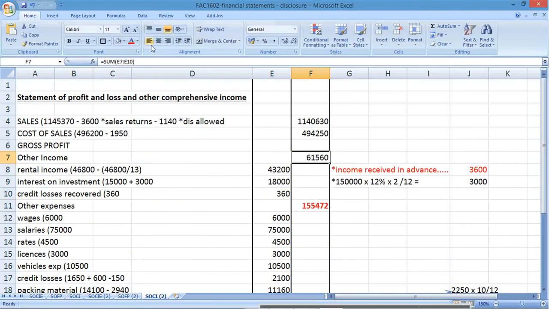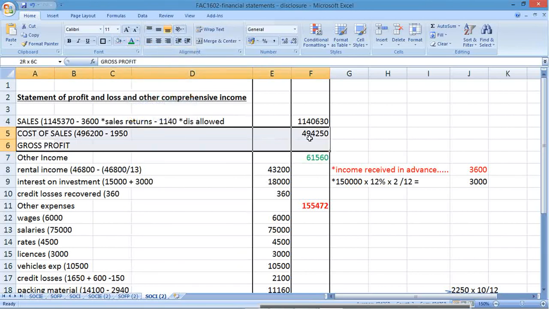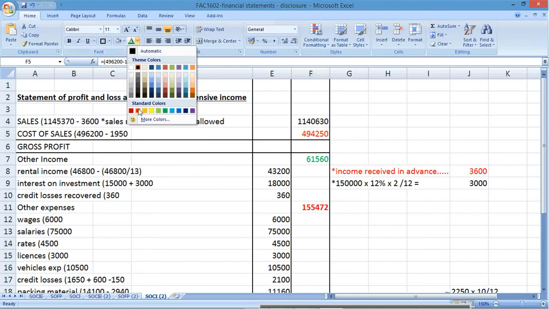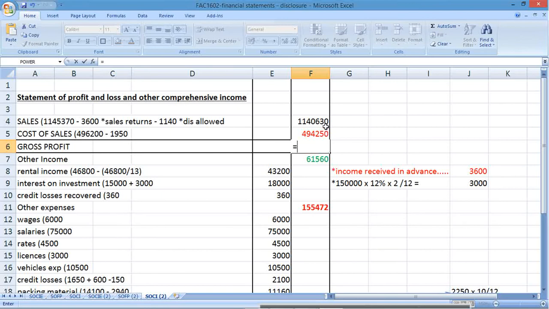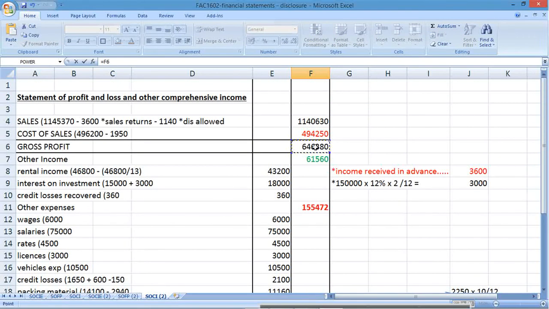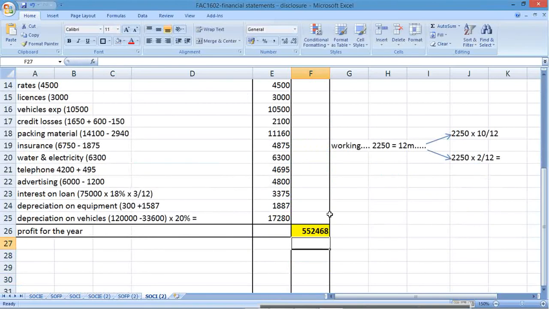Okay, and that's good. Obviously, it's other income. Here we've got a gross profit line item. So it's sales minus cost of sales. Yes, so that must be in brackets. Yeah. Okay, I'm just showing it as red, as in negative. This minus that gives you gross profit. Yes. Enter. Okay, and then once you've got this figure, you're going to add that and subtract this. That, yeah. Good. So this bit here equals this plus that minus this, which gives us